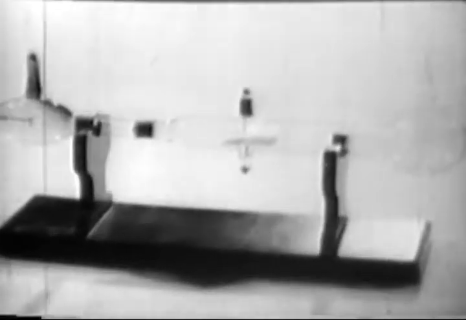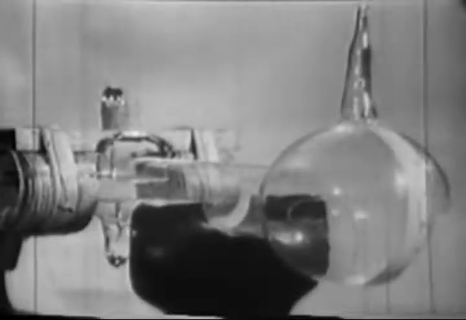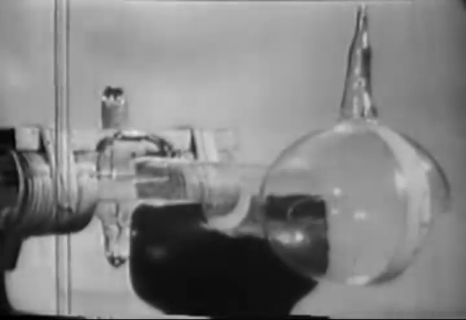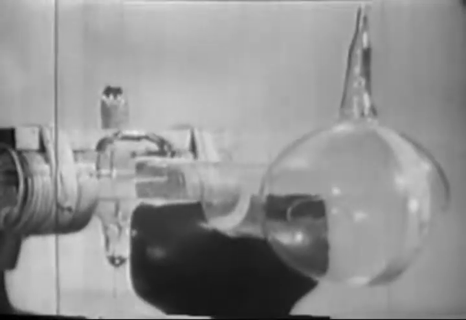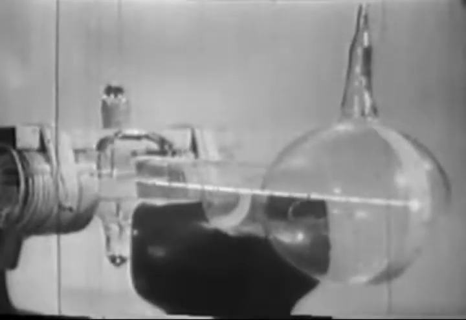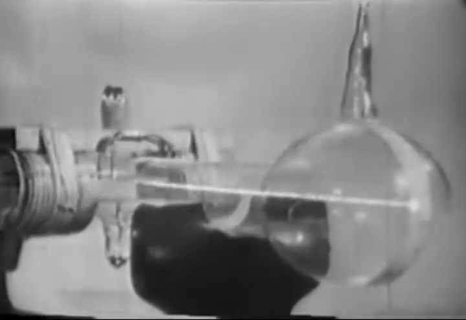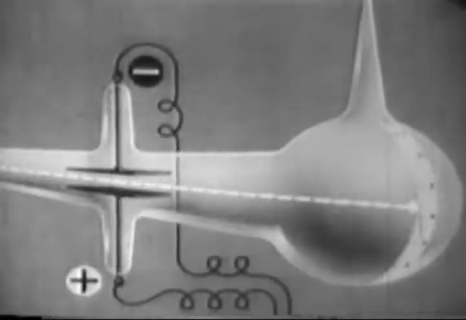In 1897, Sir J.J. Thomson devised an apparatus to measure the ratio of charge to mass of these particles, which had been named electrons. He was able to make an estimate of the actual mass of the electron. In this apparatus, a luminous spot showed where the electron beam from the cathode fell on a fluorescent coating on the end of the tube.